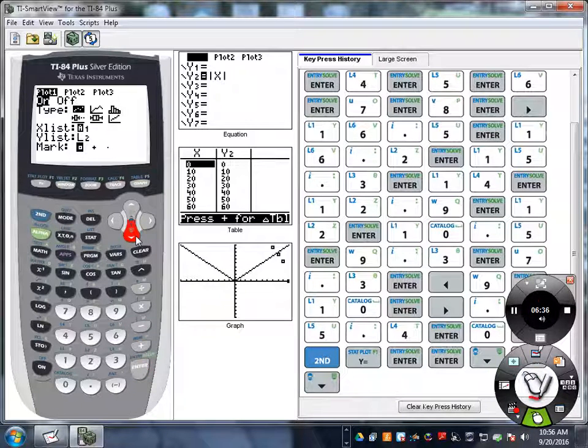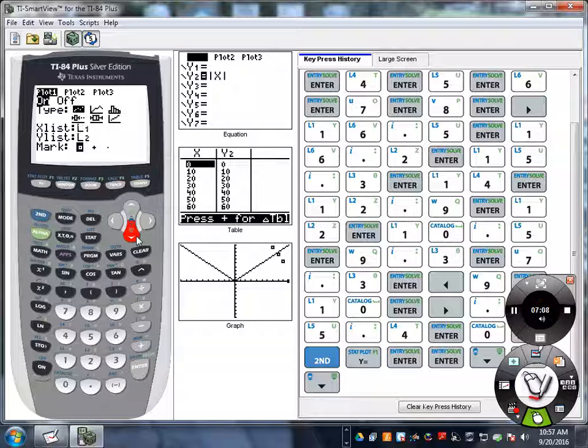Then it asks me for my X list and my Y list. You need to change the list names. This is very important. It's like the minus and the negative sign. If you need to change the list names and you just type in an L yourself and a 1, it's not going to know what you're talking about. It's not that smart, okay? It doesn't know that every time you type L1, you're talking about list 1. You have to actually go get something that the programmer that programmed the calculator to know that is the list